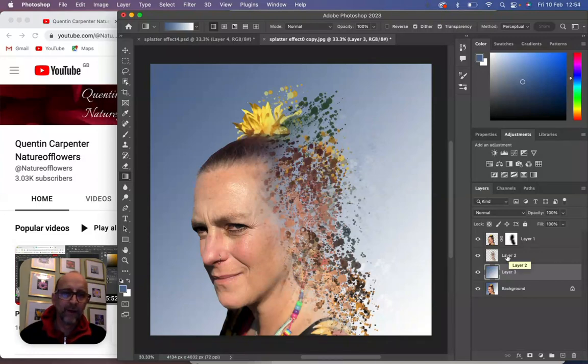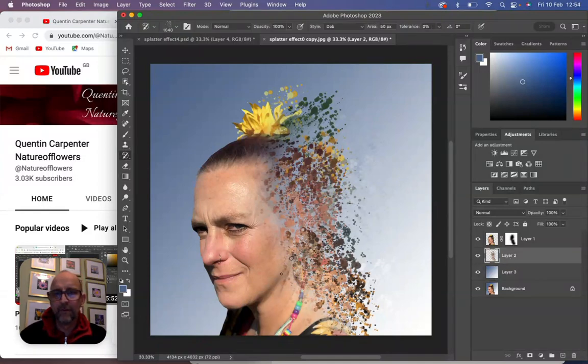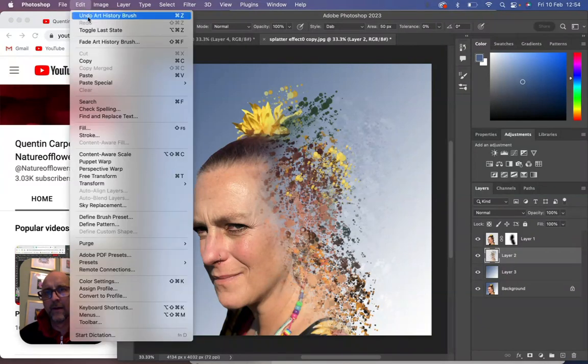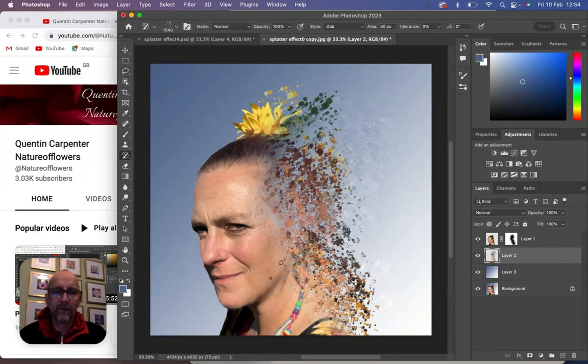Now, if we wish to add more splatters at this point, we go back to our history brush. We can add a few more splatters in here to get it exactly how we want it. We can add a few more up here, like so. And if we find we've done one that we don't really like, we can press edit, undo, and it will undo that last one. And then we can experiment with how much